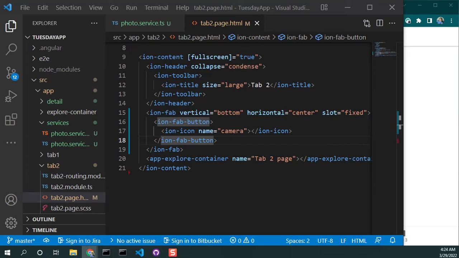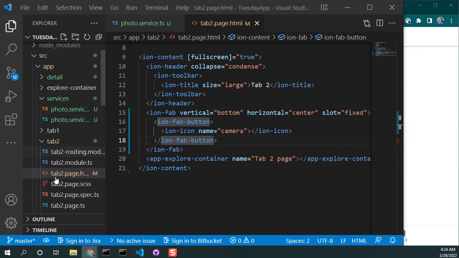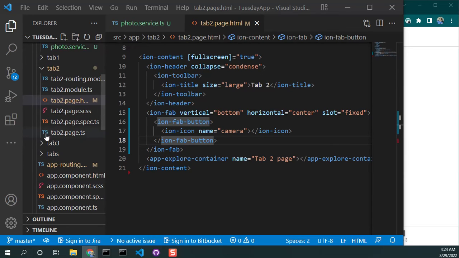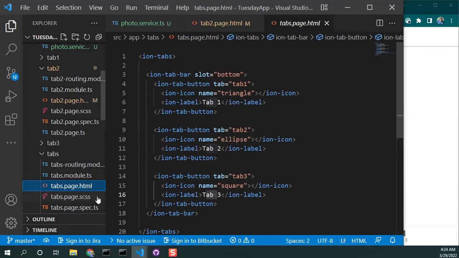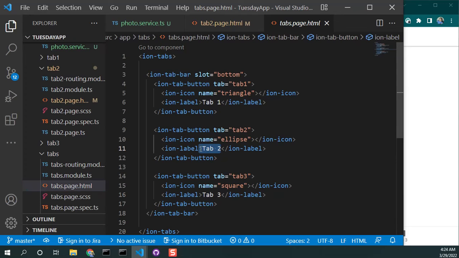So in the tabs page itself, what they should maybe all have in common here is in tabs page HTML, we can change the label of this one from tab 2 to photos, and